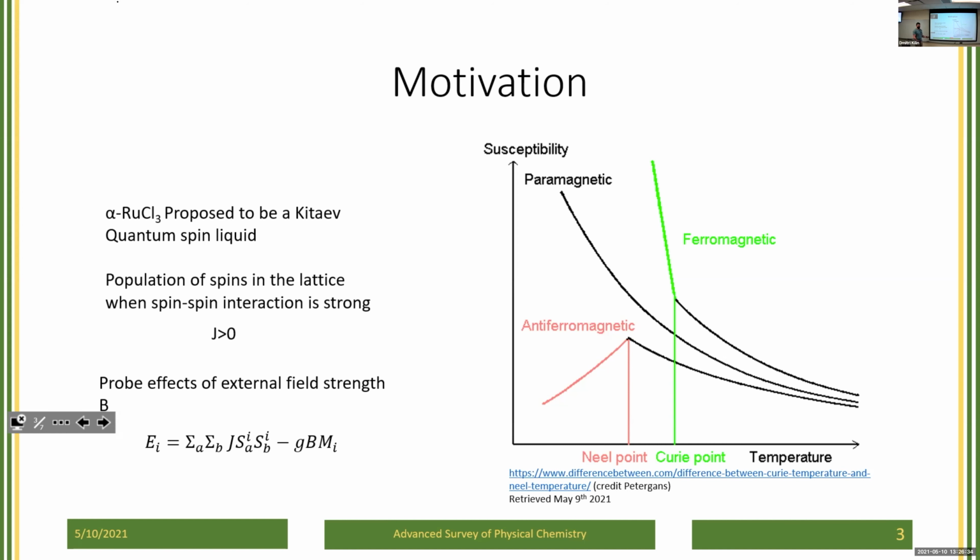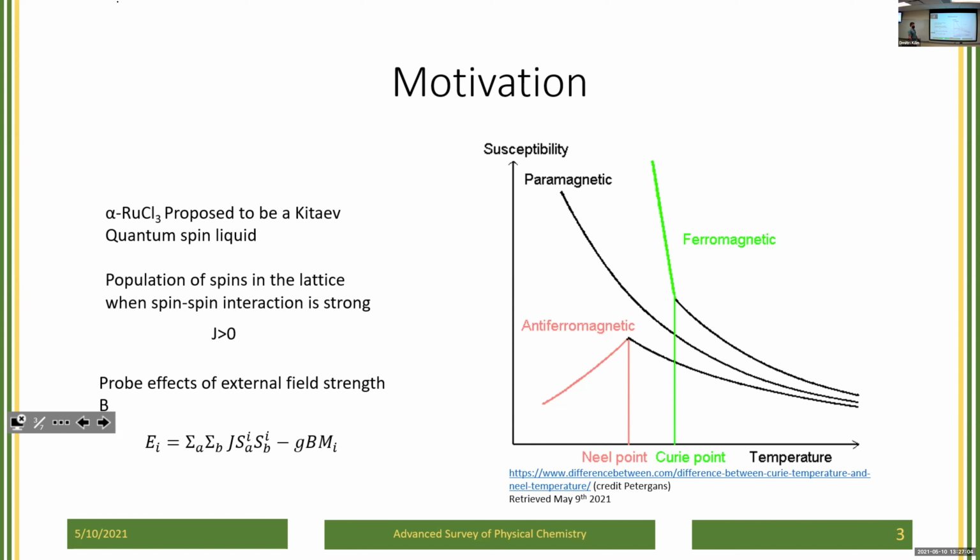And as you might have seen before, I am talking about J greater than 0, which is the anti-ferromagnetic behavior. J equals 0, like Crystal was talking about, is paramagnetic, and J less than 0, so he said, is when the spins don't interact very strongly and they're outweighed by the magnetic field. And then we're going to probe the effects of the external magnetic field, and I apologize that B was centered, but in this equation here,